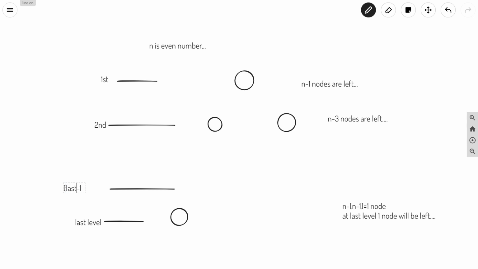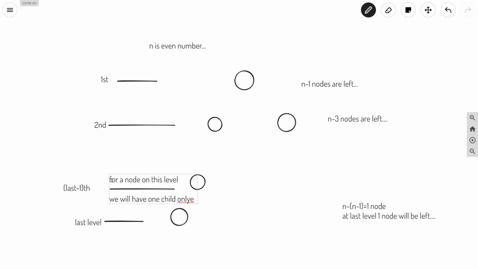For the node at this level, you can see that there is only one child left with us. So for the last minus 1th level, there will be a node which will have only one child. I will write here: for a node on this level, we will have one child only.